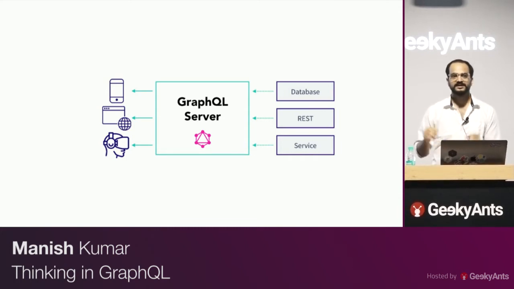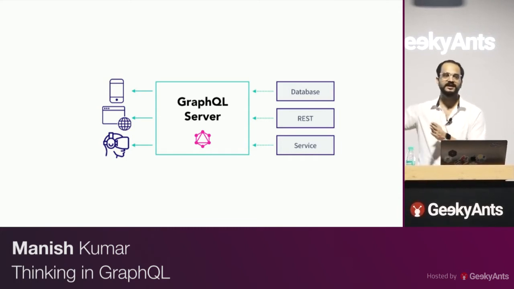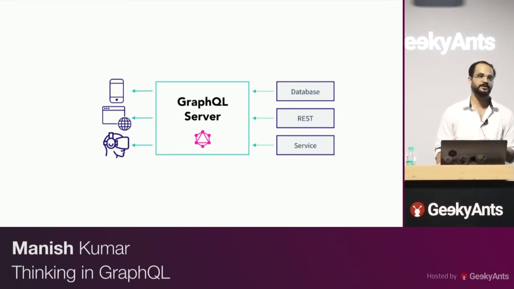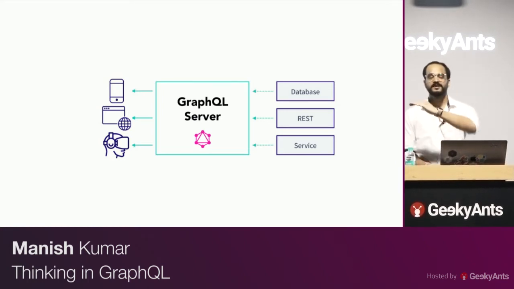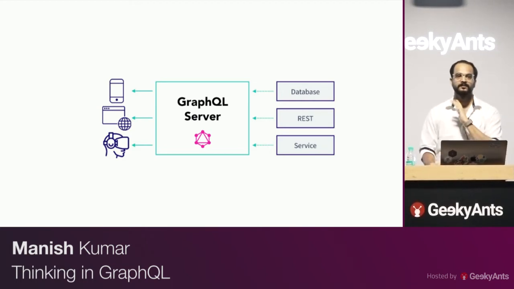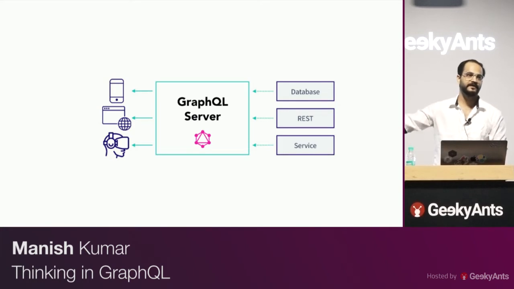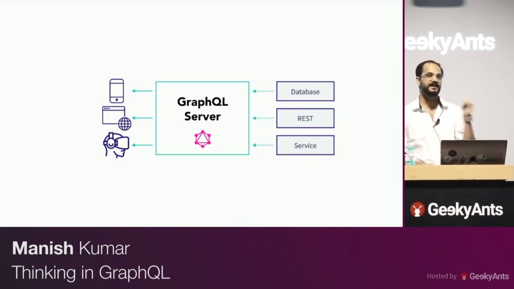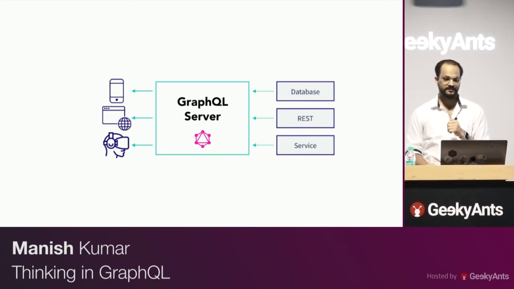So GraphQL is a thin layer in between, over any kind of implementation that you have. The implementation control is still on you. You can still talk to any kind of database. It can be MongoDB, it can be Postgres, it can even be a file on your server, it can be anything. All you have to worry about is resolving for the particular fields that the client is asking for, and you are good to go.